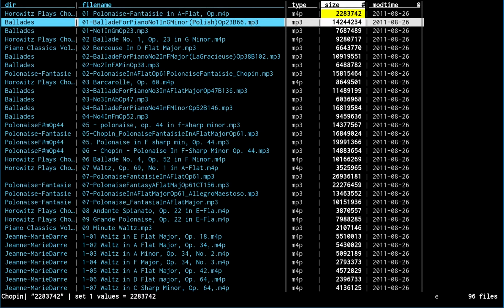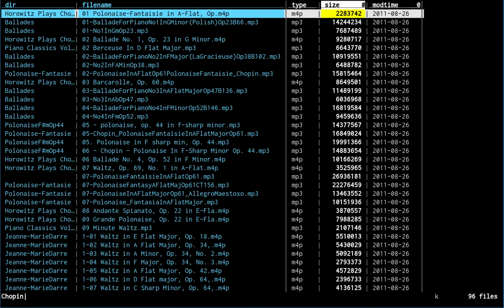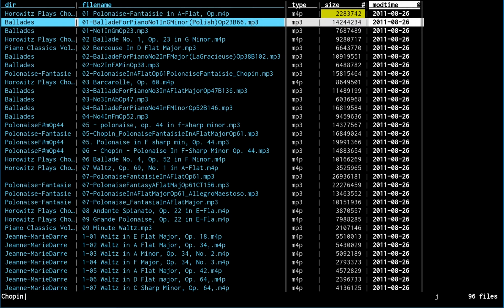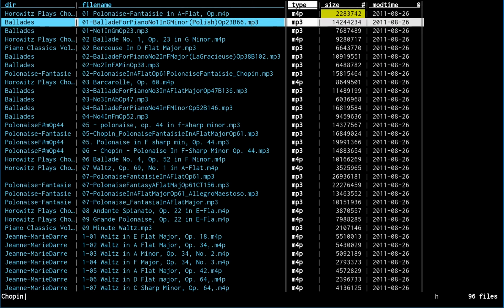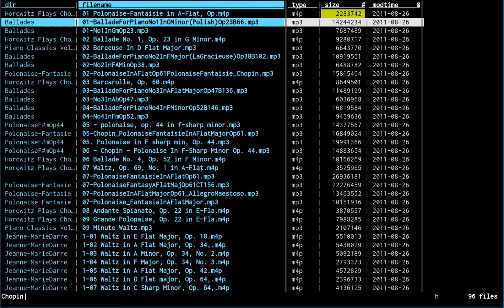That's going to either truncate the file or expand the file, depending on if the size is bigger or smaller. And we can also edit the modification time for some things. In fact, we can do not just editing one thing, but we can also edit things in bulk. So if we wanted to, for instance, change the modification time for all the ballads, we could select all the ballads